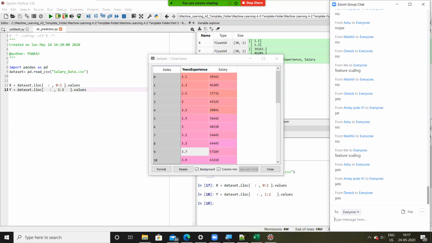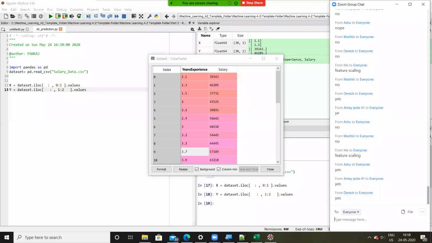Feature scaling is performed on input variables. When there are multiple input variables, at that time we need to bring all the variables to the same level. If you recollect our data preprocessing step, we did feature scaling for country, age, and salary. We didn't apply feature scaling on output Y.